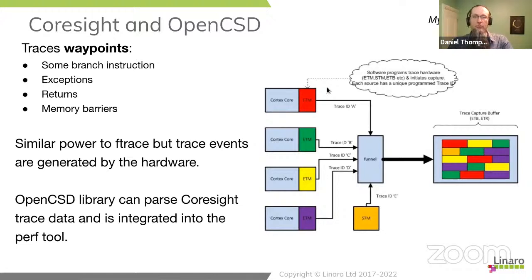But one of the things that happens is almost all Cortex cores have a thing called the Embedded Trace Macrocell attached to them. And it basically gathers jump trace information. Every time the Cortex core adopts a new basic block, so every time it jumps, it stores an event in the trace system and propagates it to this hardware funnel, where it gathers together all the trace information from the different cores together with software generated trace.